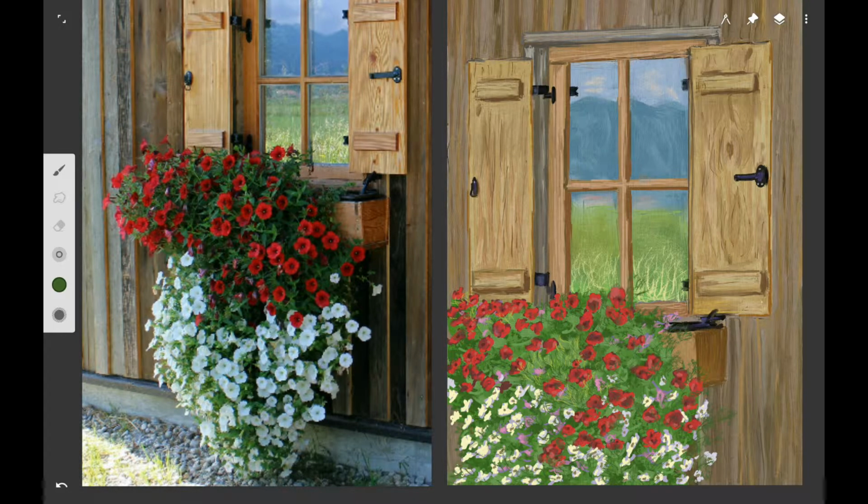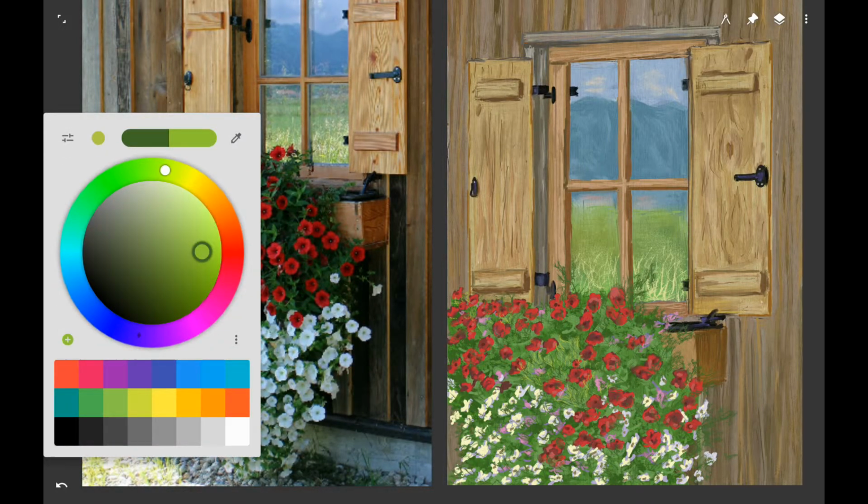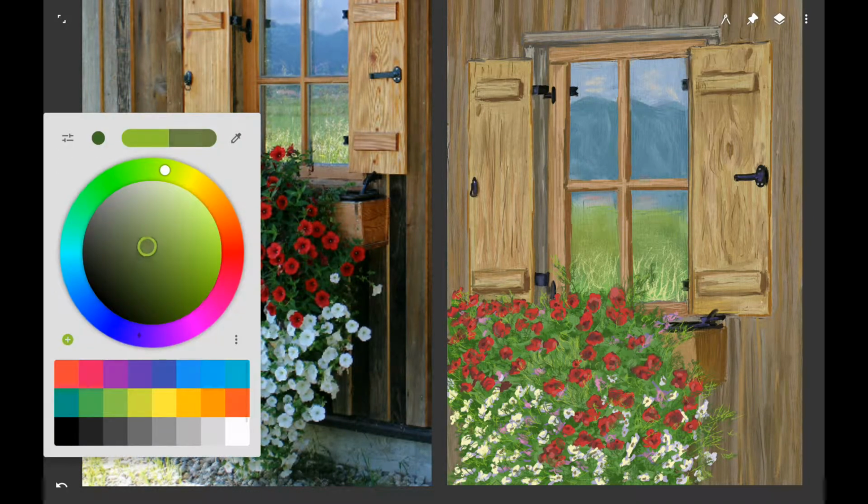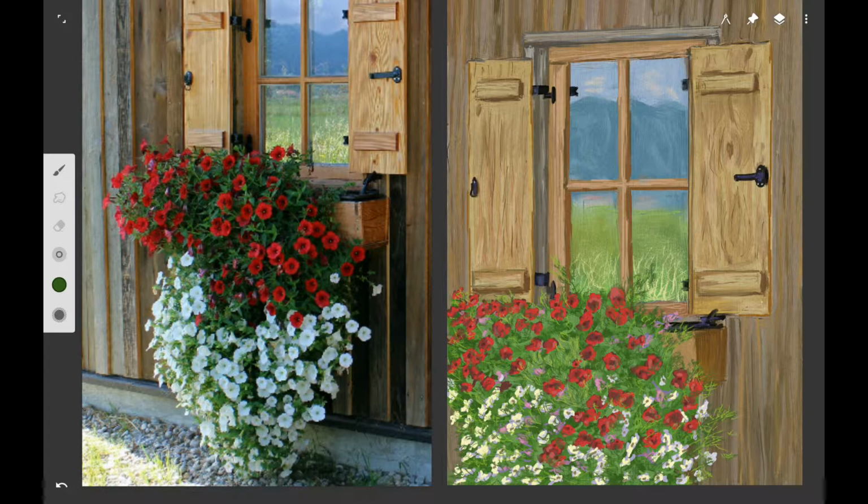And you would go ahead and use pockets of dark and light for the flowers. You can use a darker green, and then you could use a phthalo yellow green if you're following along with your acrylics, and a Hooker's green for the darker green. And maybe throw in a little bit of purple and a little bit of some yellow highlights. And you just want to make the edges look like the leaves are sticking out there, and pull it out over the edge of the flower box, over the edge of the wall, around the white flowers, around the red flowers,